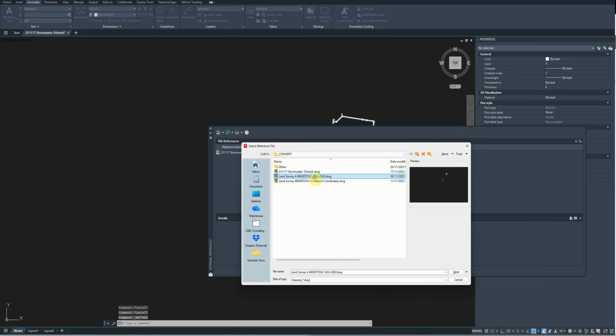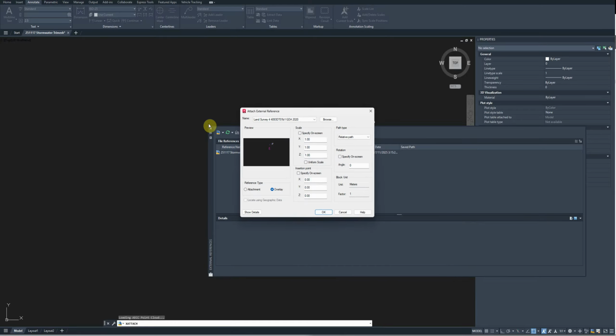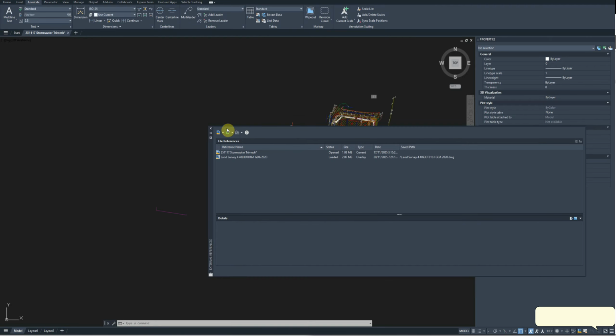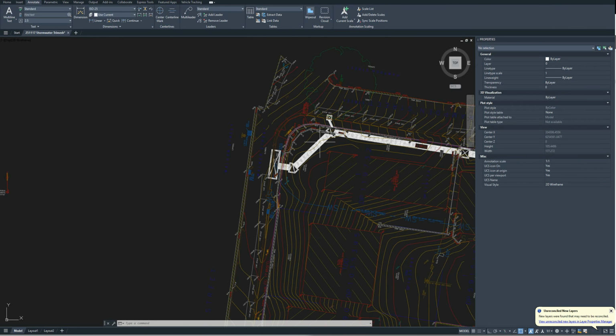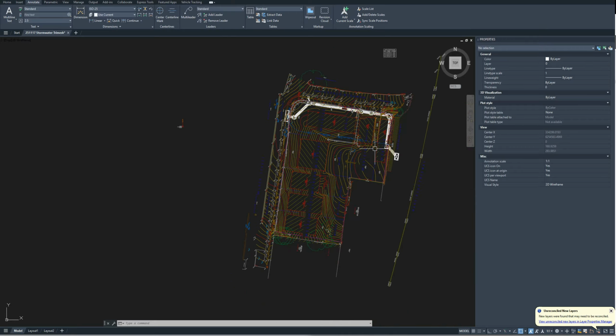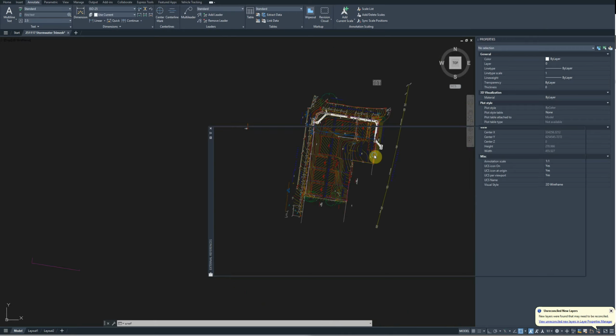I've got the survey at a GDA 2020, and I have the survey in project coordinates, which is relating to my Revit model already. So let's link in our survey model, which should drop straight over where we are already. Yep, that's perfect. That stormwater line's down the side of that boundary. And then if I XREF in